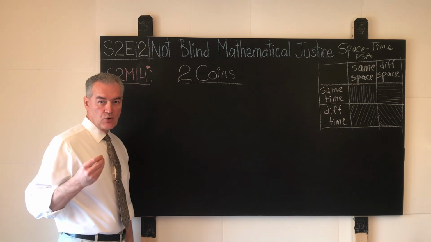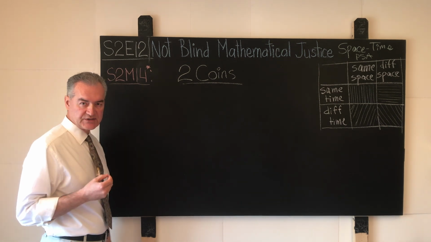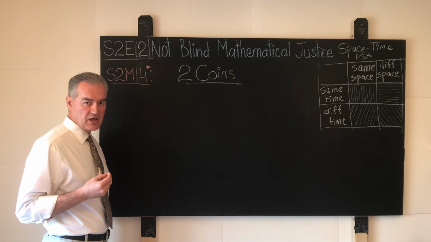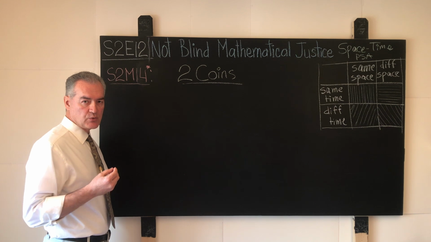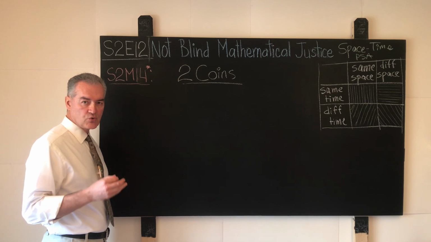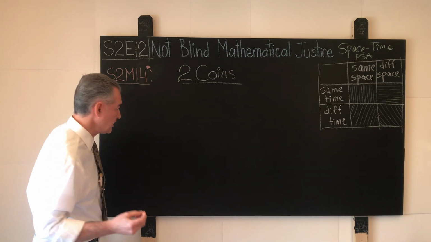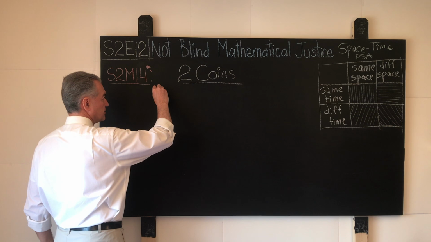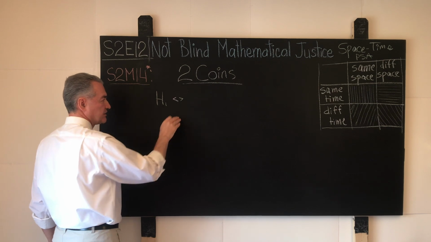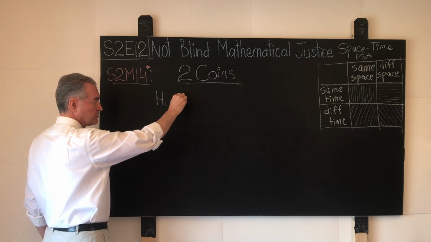Since we know the weight quality of the fake coin already, we remember from the previous segment, we will designate these coins, the suspect coins, with the letter uppercase H. And because we're given two such coins, we will designate these coins with H sub 1 and H sub 2. And again, because we have only two coins and only two pens, it doesn't really matter which coin goes into which pen. For demonstration purposes, let's say we put the heavy suspect H1 on the left pen and we weigh it. I'll designate the process of weighing or balancing the coins against each other with this less than or equal to sign, like so.